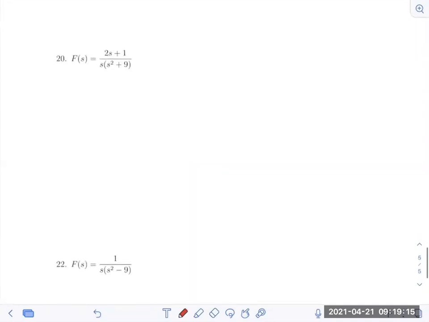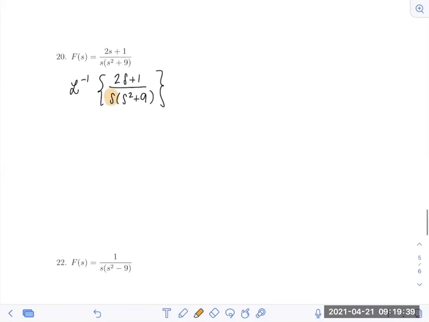Let's look at problem 20. Same approach here. We want to find the inverse transform using the given theorem. So our goal is to compute the inverse transform of 2s plus 1 over s times s squared plus 9. Okay, and so here is this extra factor of s that we see in the denominator. We would like to omit that, so we will drop that and pay for it with an integral. So now we're finding the inverse transform of 2s plus 1 over s squared plus 9